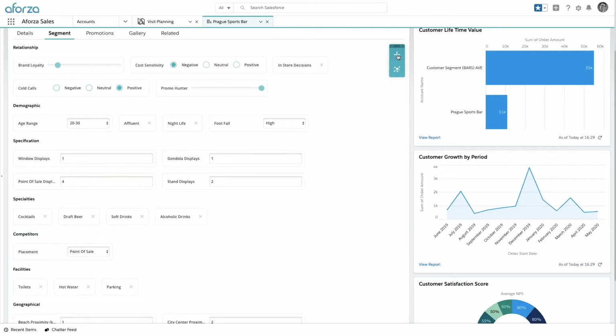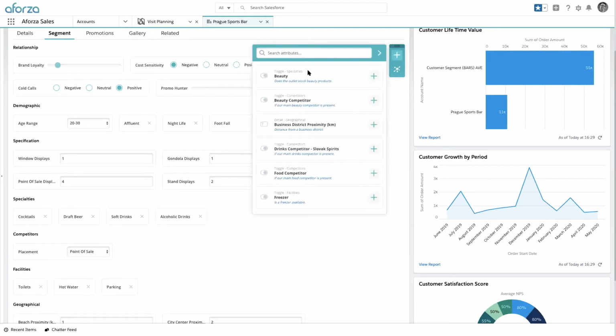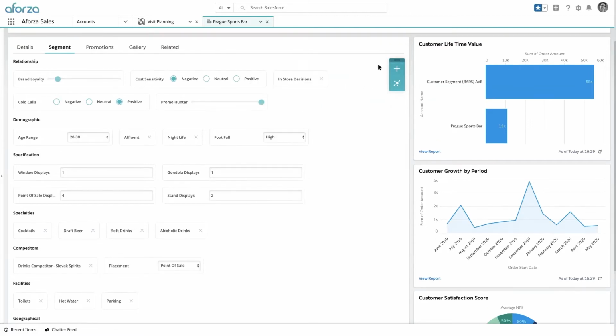Using the Aforza attribute builder, where you can view all of the attributes available to add to his accounts, he simply searches for the drinks attribute and sees Slovak Spirits, so he can add that onto the record. Now, as soon as he's done that, a whole new range of product promotions and pricing has been opened up for this customer, so his field reps can compete against the local threat. Fred also has the ability to now do this from his mobile offline app for any other customers he notices the competitor targeting.